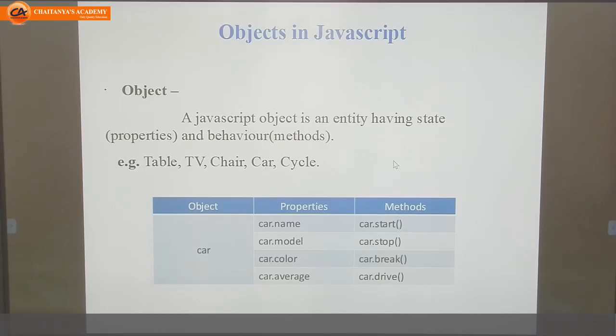In JavaScript we have some built-in objects which are already available, that are math object, string object, array object, date object, etc. We will see these objects in a further lecture. If we want to create user defined objects, then we need to use the new keyword. We will see in the next example in detail about that.